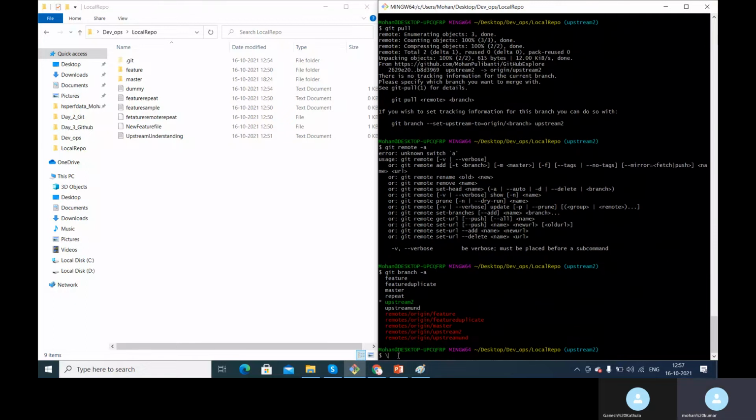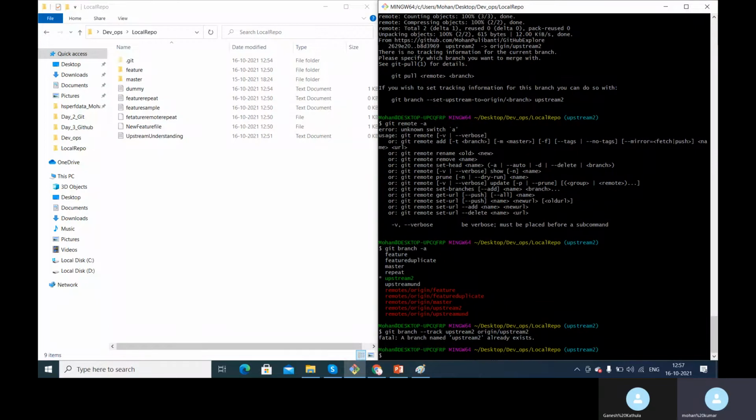For creating a local tracking branch, the first thing you have to do is create a local tracking branch for that, because you haven't used -u. You need to execute this command and see which branch has to be tagged to which branch: git upstream 2, and the other one is origin/upstream 2.